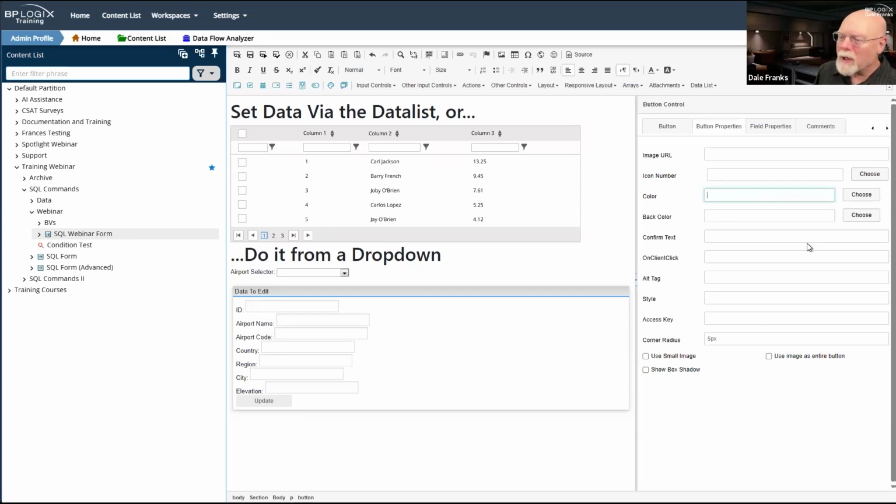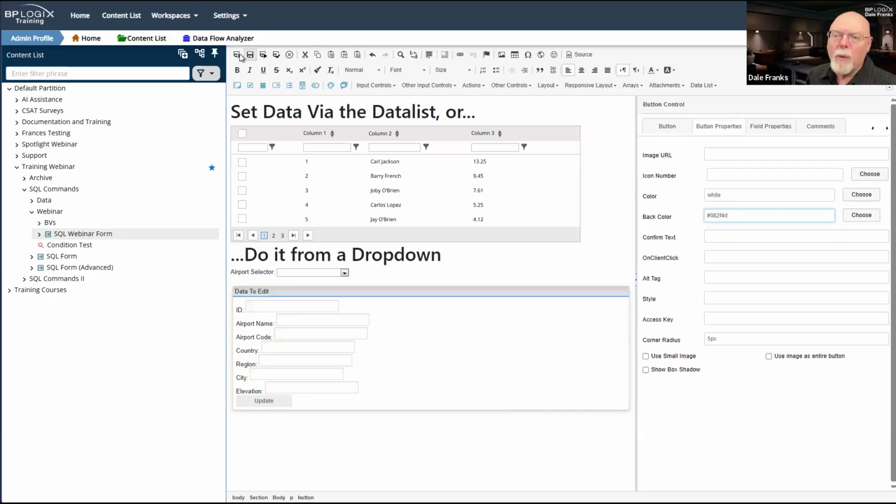But we do want to change our color and our back color here. So for our color, we are just going to go with, and here's the thing with the colors. Now, normally I use hexadecimal colors, so FFFFFF is white, but you can just use named HTML colors here. So you can just say that you want the color to be white. For our custom colors for BP Logix, which I always use, I will fall back on the 082F4D navy blue color for our buttons.